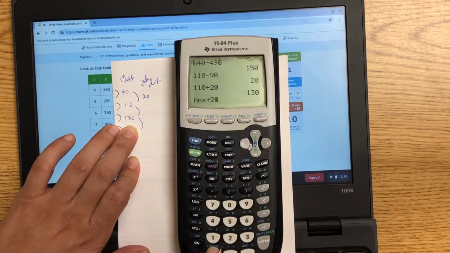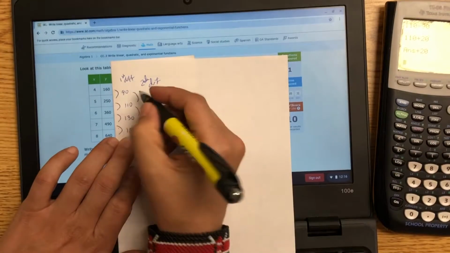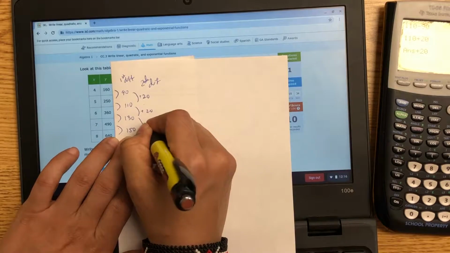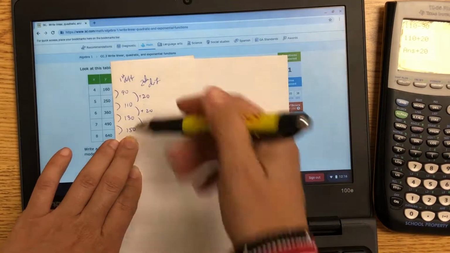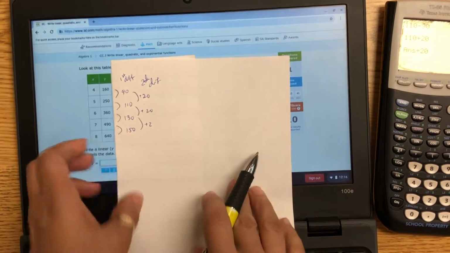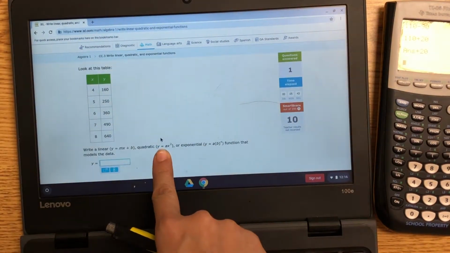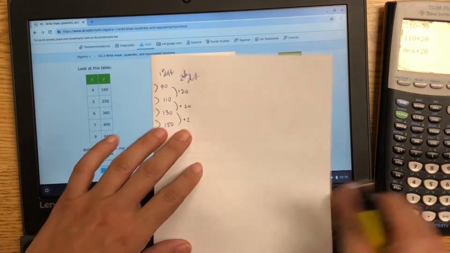Yes. Plus another 20, does that give me the next number? Yes. So what we're doing every time is we are adding 20. Okay? So the equation for this, so this is quadratic. The equation for this is right here. Okay, so it's y equals